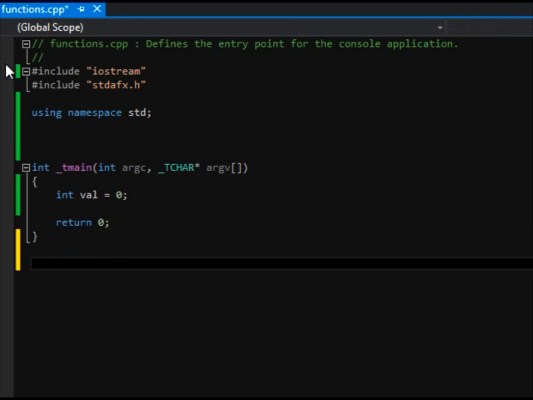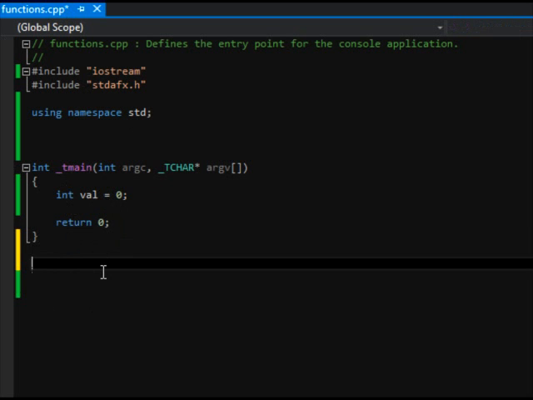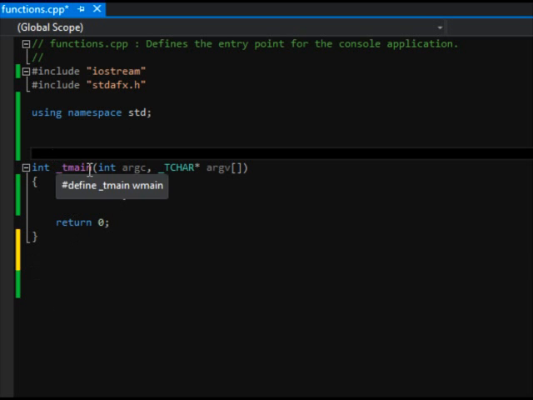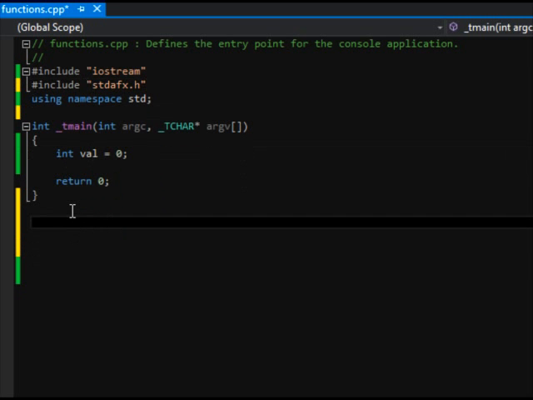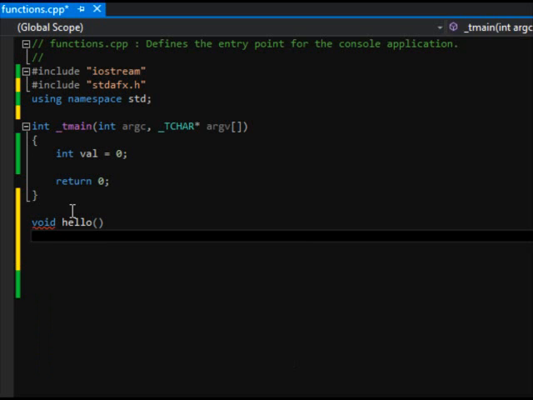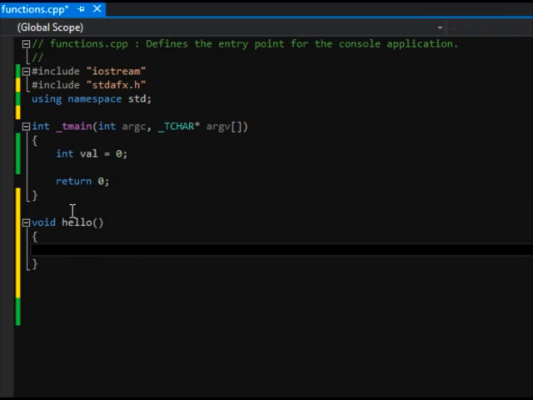So in this case, we're going to create a function here really quick. Notice I went outside these curly braces, because functions belong to classes, but in this case we're not going to worry about that right now. If I want to create a function, I'd go down underneath these curly braces. We're going to say void, because we don't want it to return anything, and then I'm just going to say hello, and that's it. It's going to say hello.